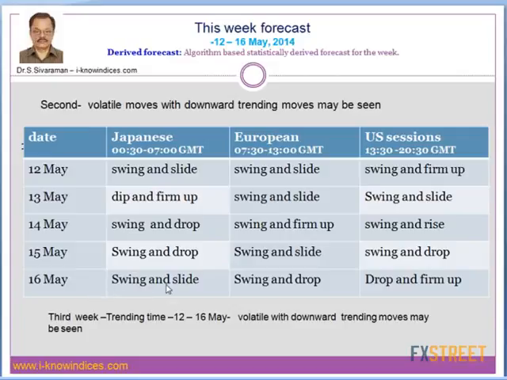Then on Friday, they are expected to make the swing and slide and then drop, and then finally make one more drop. And then everybody will go in for a breakout trade on Friday, but they will firm up and buy against their all sells, because they cannot continue to allow the market to drop. In that case, the sell and buy traders will start making the profit. So they will give that impression to the other traders that you can do sell and buy trade, and finally they will trap it.